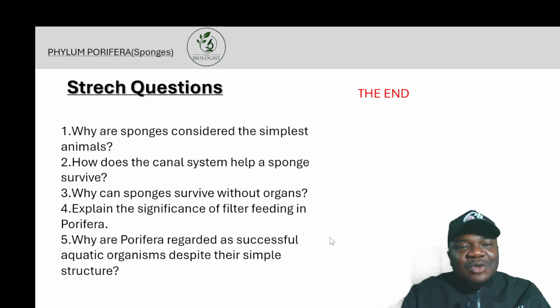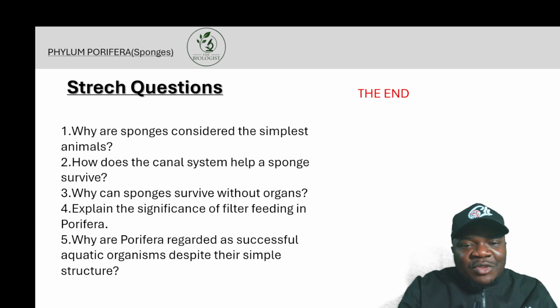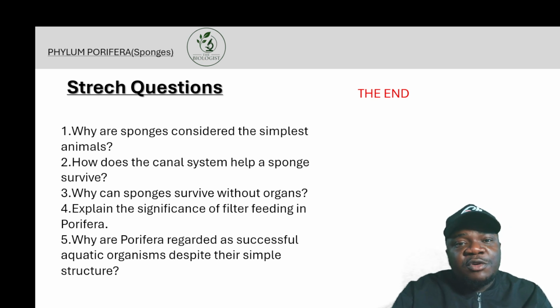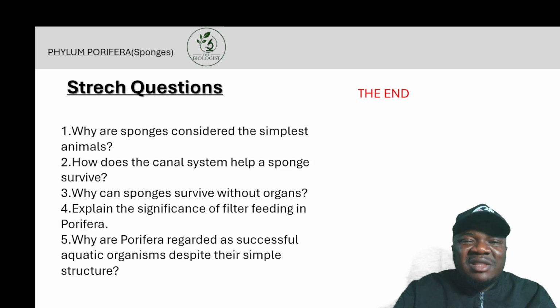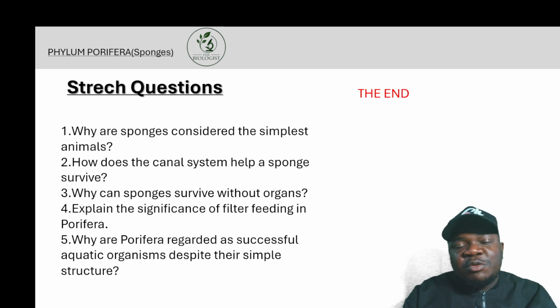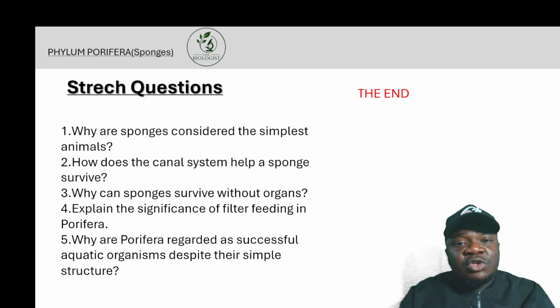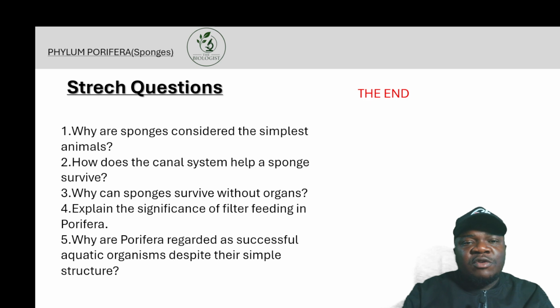Okay, so at this point I have to leave you guys here. This is the last section for this topic. This is the first phylum, which is Phylum Porifera. In my next video, I'm going to talk about the next phylum and we'll go through the economic importance, physical features, the characteristics, and all other important information that you need to know. So in case you have an exam to write, you can go to my video and revise and get the information you need for an exam. All the information I'm giving you here is the information you need to know about the sponge, the examples of sponge, the economic importance, the harmful effects they have, and everything.